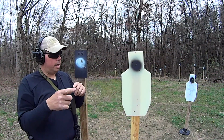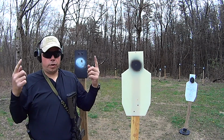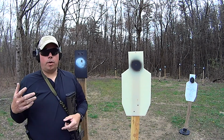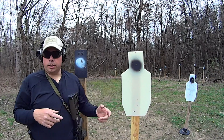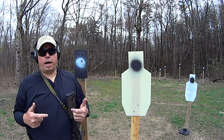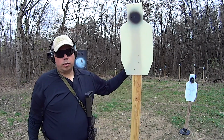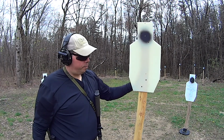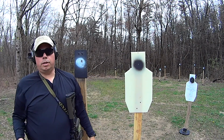What you're doing in that short period of time that you're picking up targets is you're actually going over an after-action drill on yourself. If you've got a range buddy, it's even better because now you'll spend a few minutes talking, picking up your targets, reloading your mags, setting back up, coming back out here and doing it again. Or if you find that the drill doesn't suit your needs, these targets are extremely light. It's a matter of picking up a target, putting it somewhere else, setting it down, and reshooting the drill,